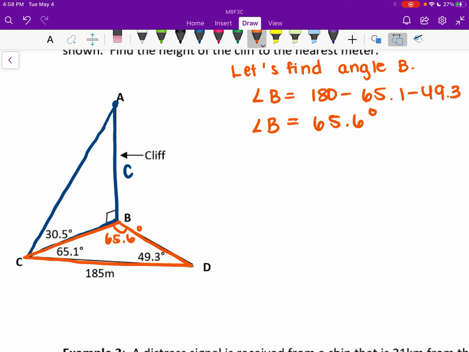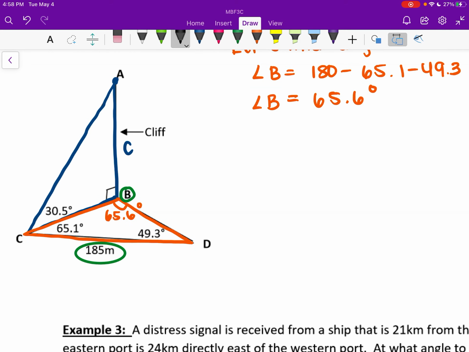Now, I have angle B and I have side B. If I have a side and I have its corresponding angle, I can use sine law now. Right? So let's use sine law to find either side C or side D. If I look at this logically, I could find either one. I can find side C over here, or I can find side D. Side C is not part of that triangle that I'm looking for, right? But side D is. So I'm going to want to find side D